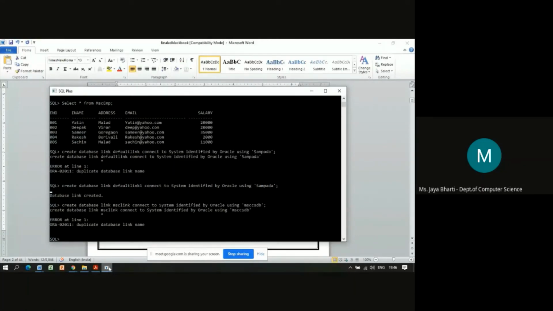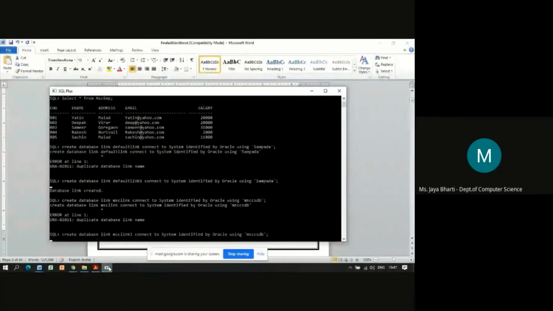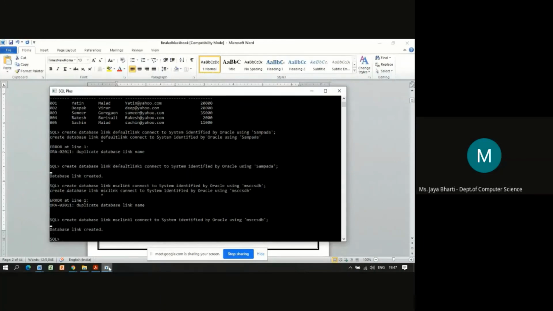Duplicate link name, I think I had created before, so I'll just rename it again. Okay, so the database link is created. Fine. So we have created 2 links. One is default link 1, another one is MSC link 1. That is fine.